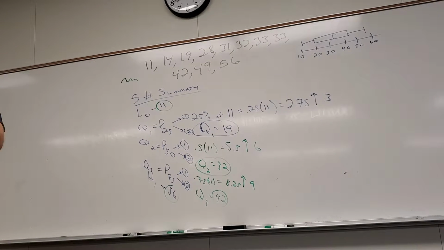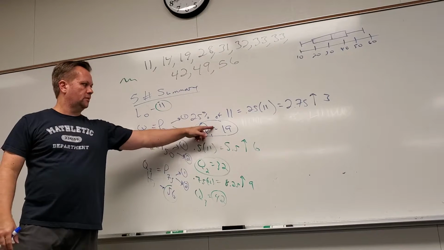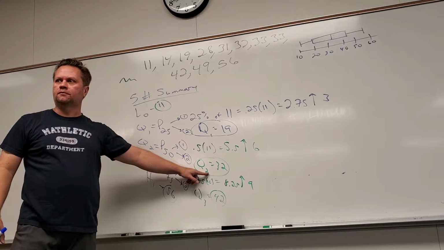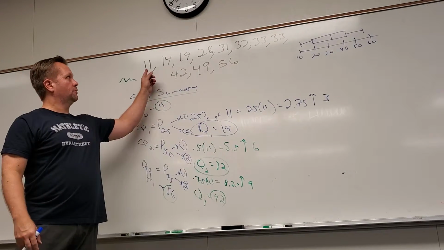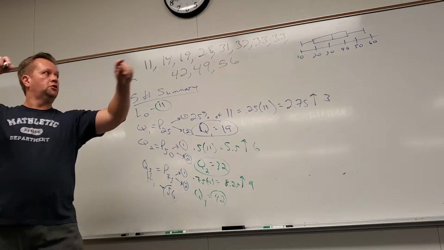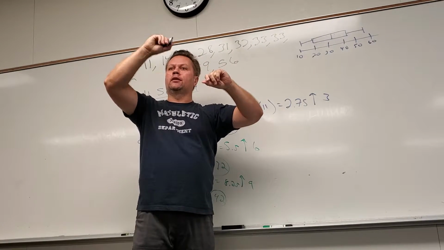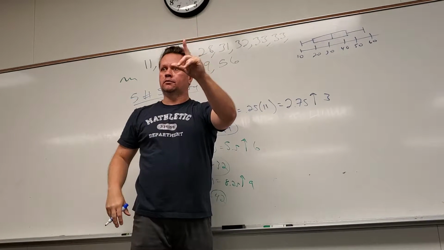Now, is it possible if you do a problem that some of these could repeat? Like this could be 19 and this could be 19. Of course, because you have a bunch of 19s in your data, so 19 could be 2 different things. Then your lines are going to overlap, and what the book does, I like it, they put a dotted line when there's 2 that are overlapping.